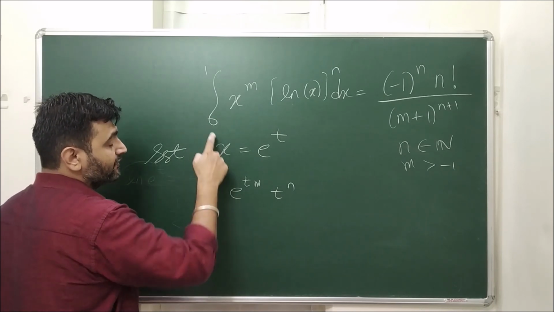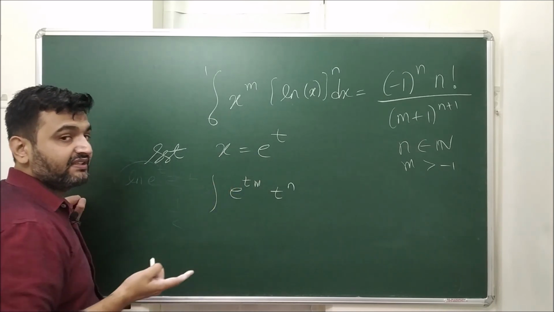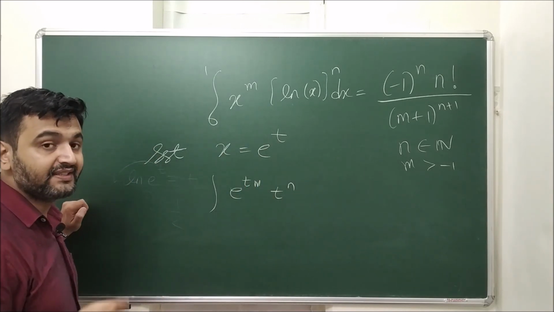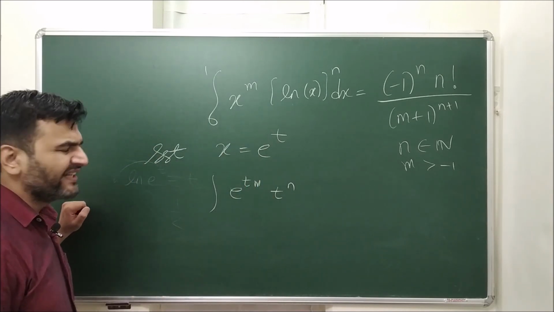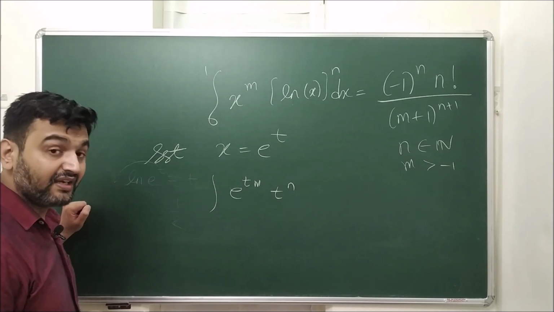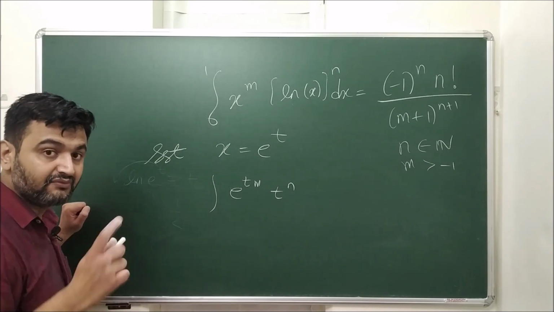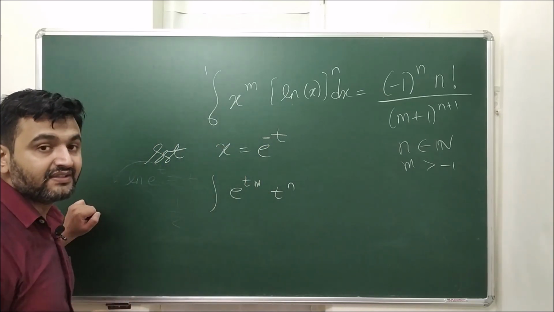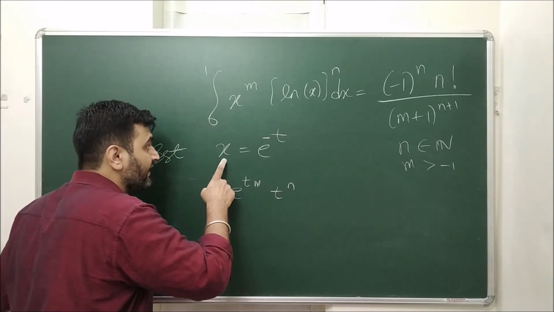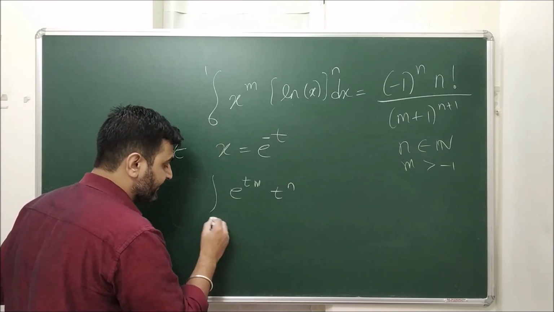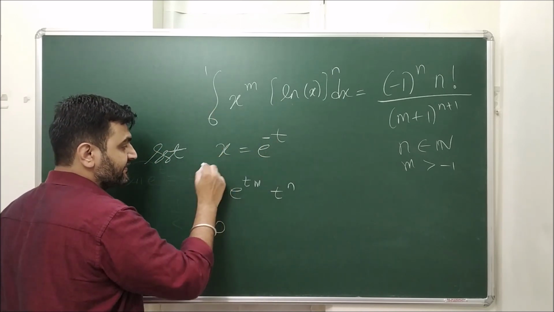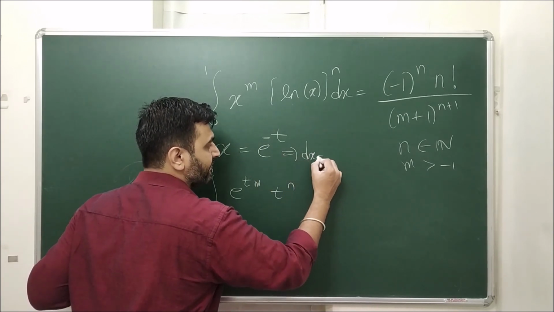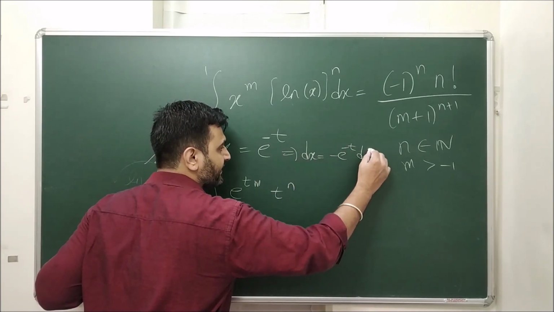And now when x is 0, my exponential is never 0, so then t has to be minus infinity, because then 1 upon e raised to infinity is 0. But I don't want minus infinity, because I can't use gamma function, because for gamma I have 0 to infinity. So what to do is to substitute x equal to e raised to minus t. So when you do that, when is your x 0? When t is infinite. When x is 1, my t is 0, and this is what you have. And then what is my dx? My dx will be minus e raised to minus t dt.